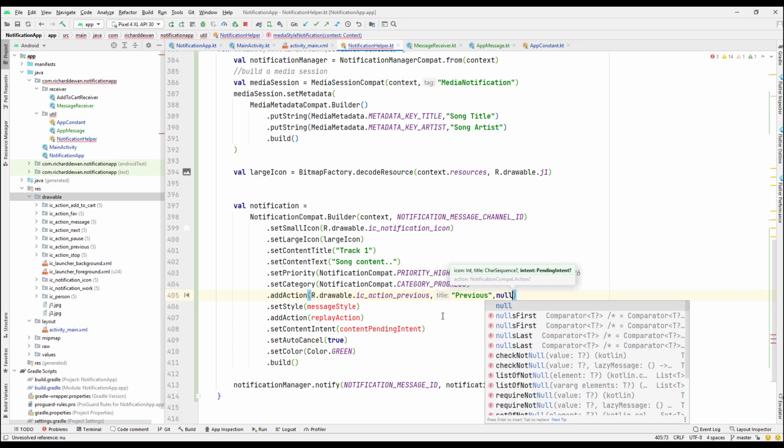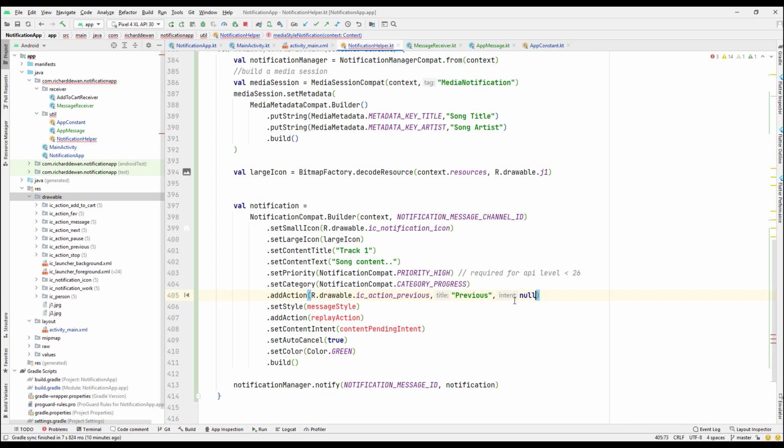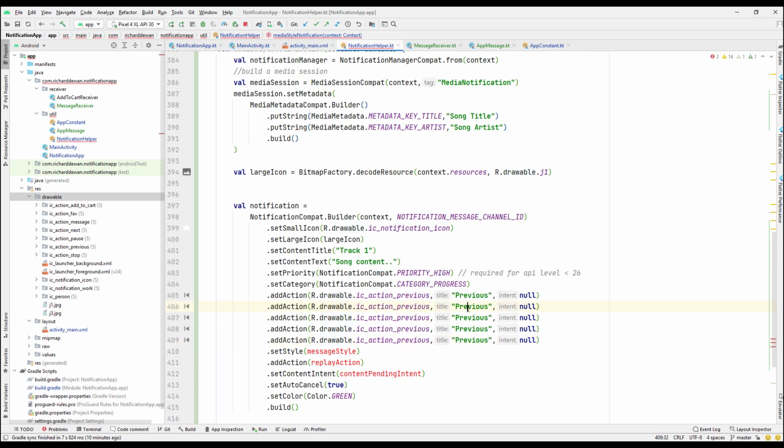In the real application you have to call the intent over here, so what will happen when they press this previous or the next button, you want to change the music, so you have to call that one. So we'll just add all of this, so previous, next, and we have to change this one to the next, and this one to pause,